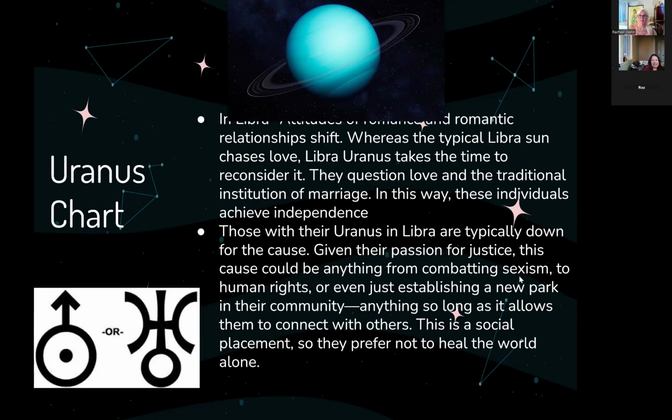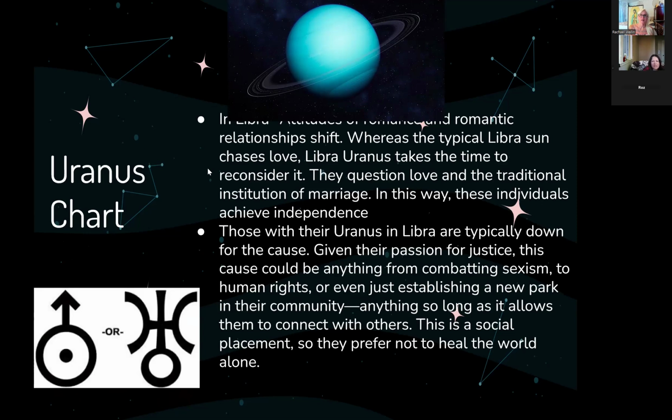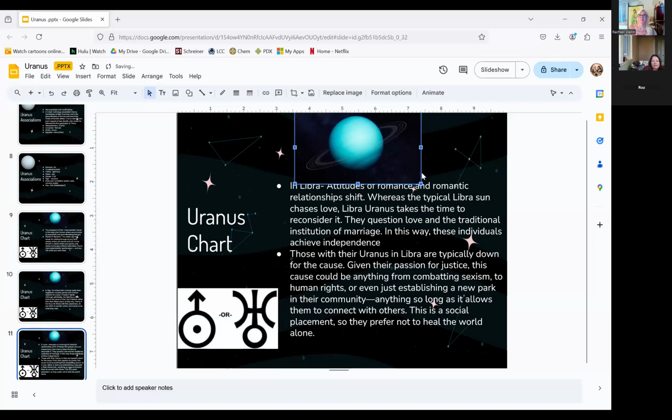And then in Libra, hold on, which is mine. Yeah. It is kind of hidden. Let's make this a little bit smaller. Okay, so in Libra,